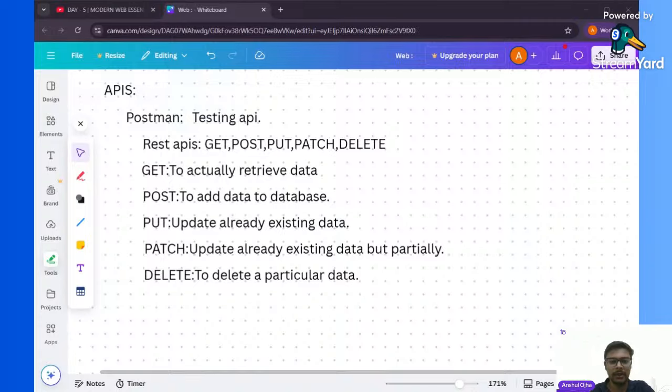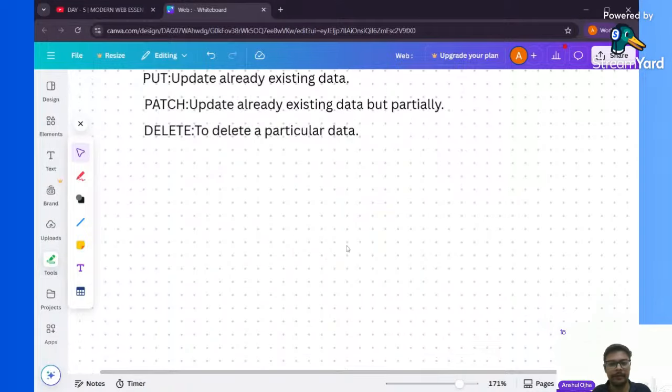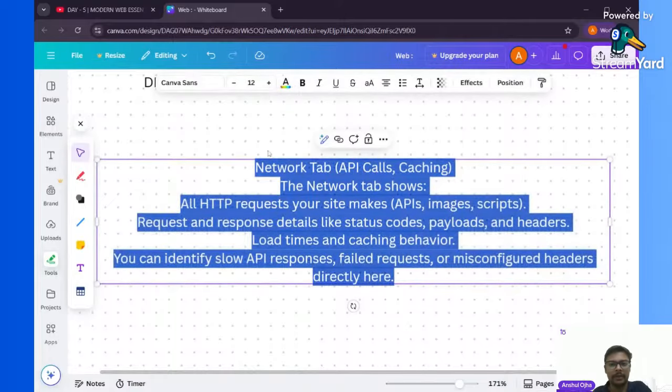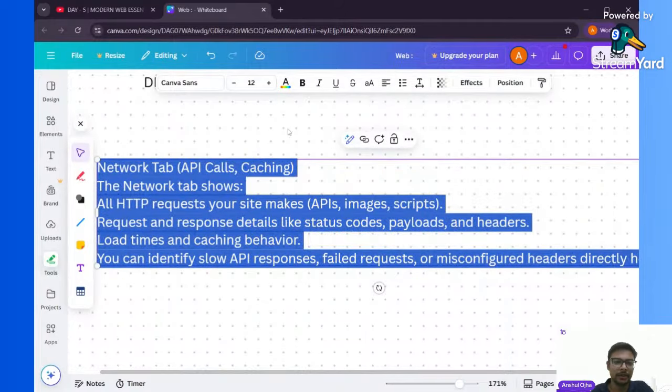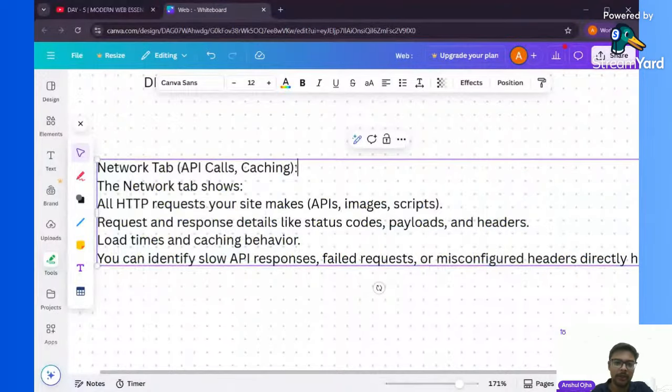Now, the next thing is the network tab. I have to explain that. It's important. Again, this will work when you're working with any backend services. In that case, you would need this network tab. Now, what is the network tab? The network tab deals with